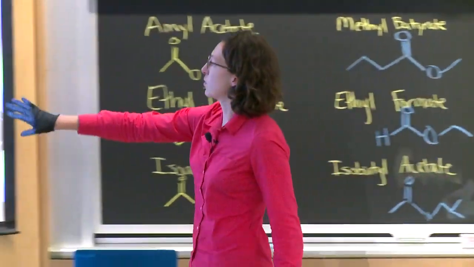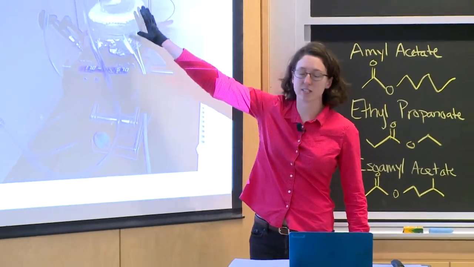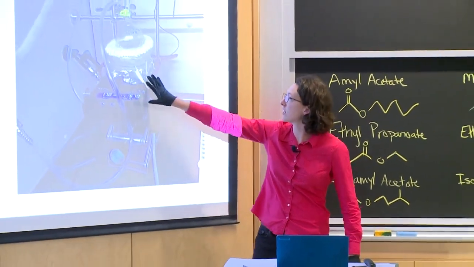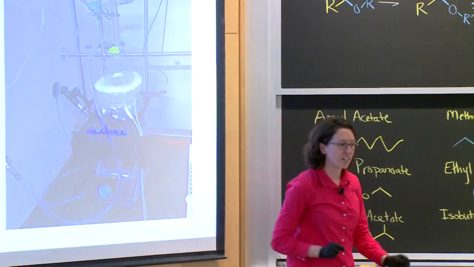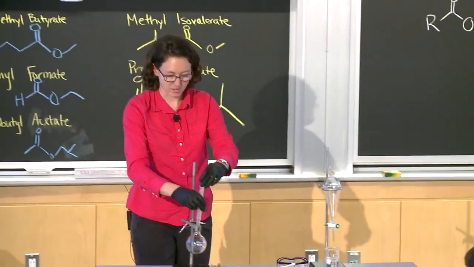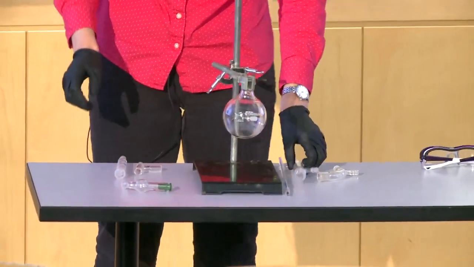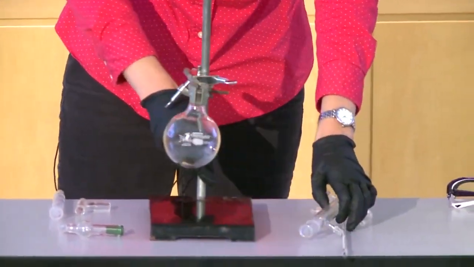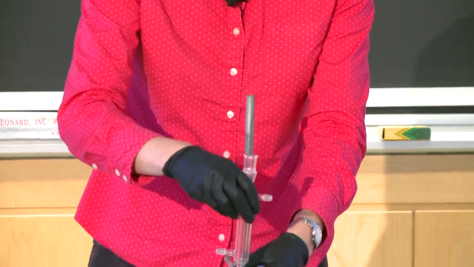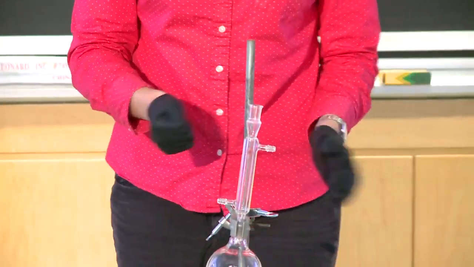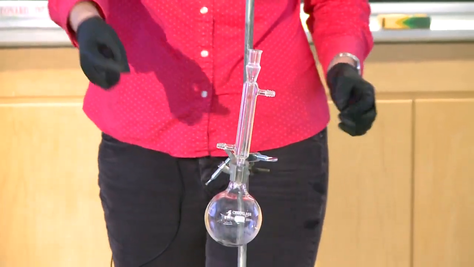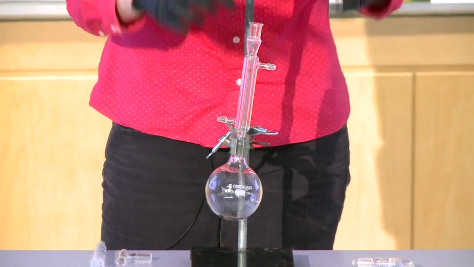So you can see you have your stir plate. You're going to use a heating mantle again to heat your reaction. It'll be boiling in there. And then instead of using our Vigreux column like we did in the distillation, you're just going to put a condenser on there. So you'll have water going through your condenser. You'll want your water going in the bottom and out the top so that the whole thing fills up with